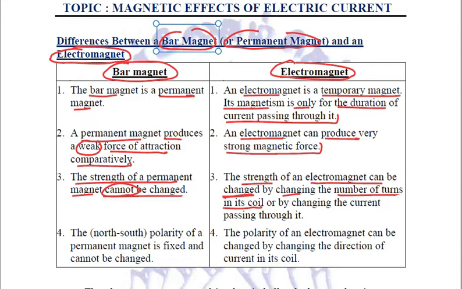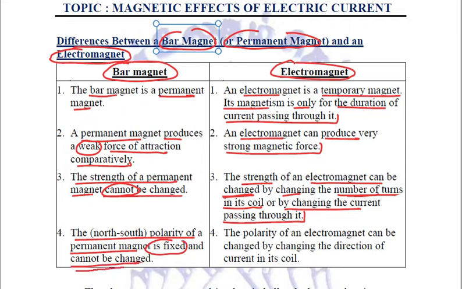If we want to increase or decrease, we can just change the number of turns, because magnetic field is directly proportional to various factors like amount of current and the number of turns, right? So we can change the number of turns or we can change the current passing through it. Clear?